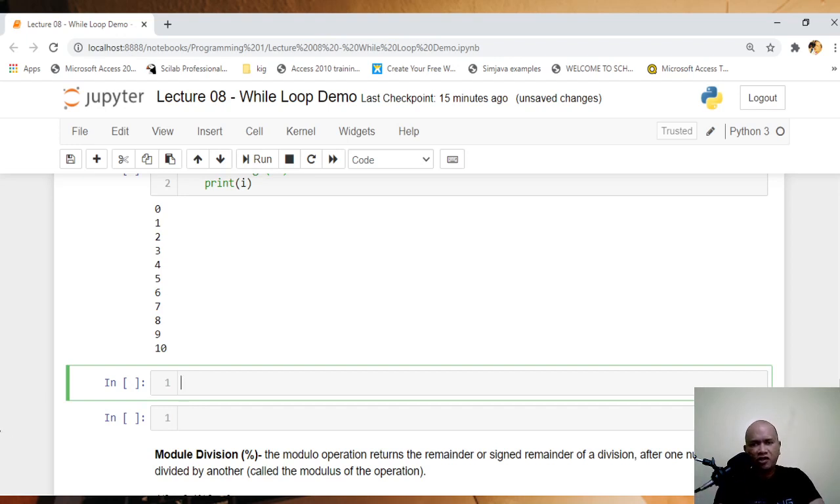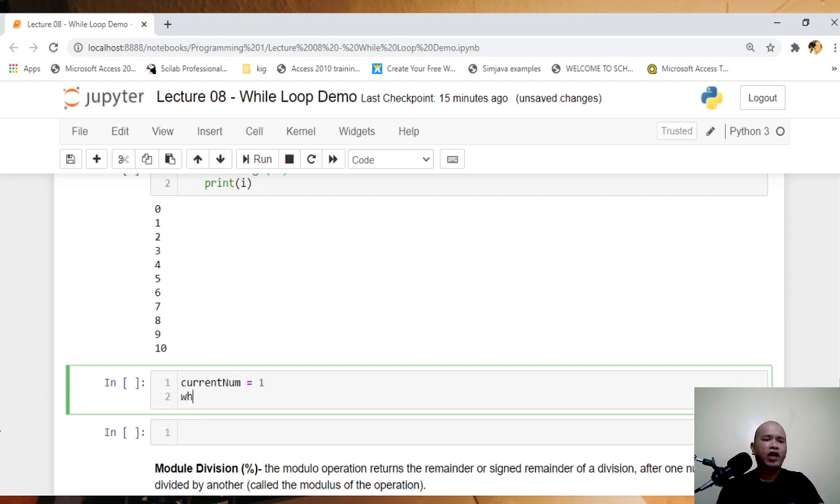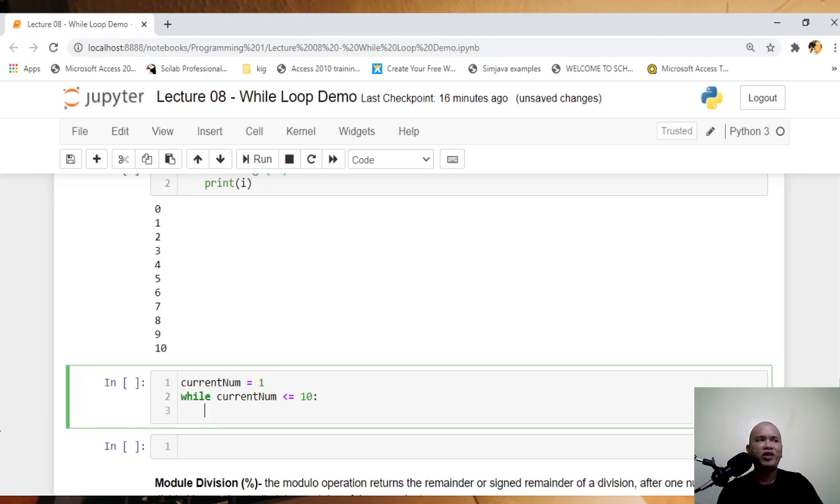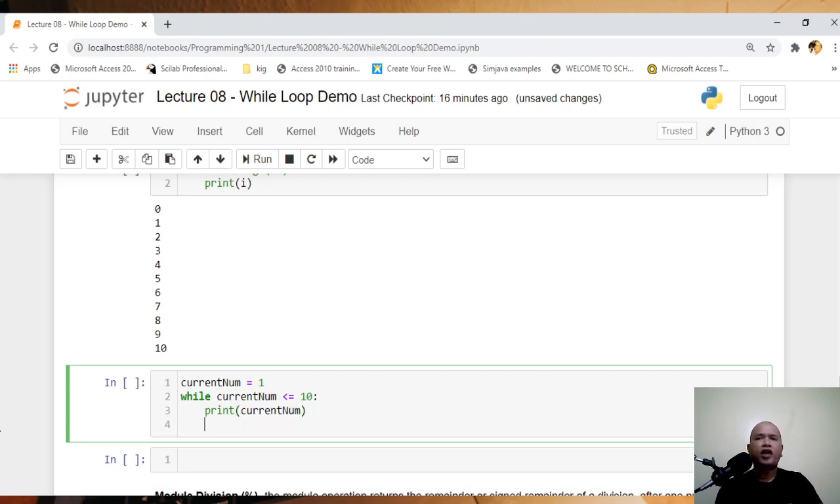Now, for the demonstration of the while loop, let's say we have a variable current num equal to 1. While current num is less than or equal to 10, colon. So basically it's the same as the for loop. You will end up with a colon, and then when you press enter, you will be indented. I'm going to print current num. And then if you try to run this one, you are going to run an infinite loop, because